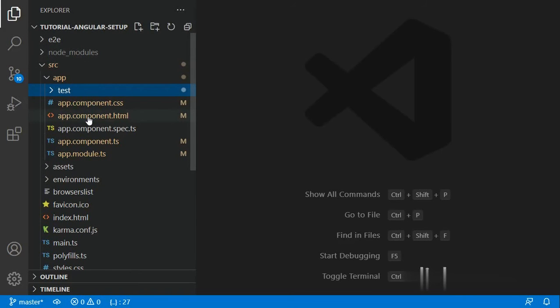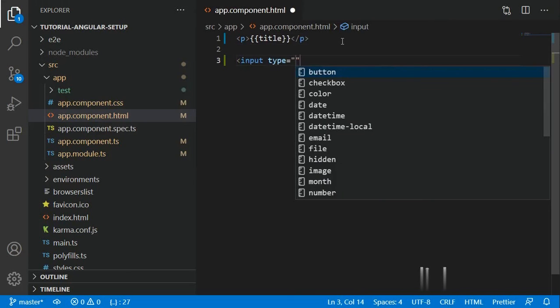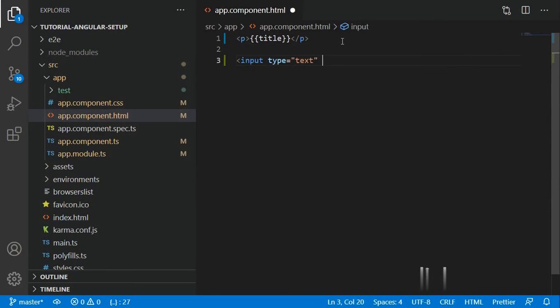So we will first go to the parent component, that is the app component. So we'll go to its HTML file. Here I am defining one input text to enter the message which I want to send to my child component.